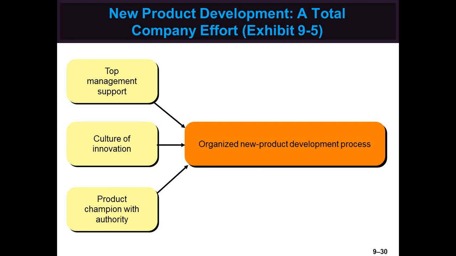Firms that foster a culture of innovation also develop a more effective new product development process. Someone must be in charge of new product development, and the person must have a clear line of authority to get things done across different departments. Cross-functional teams are an important element in new product success. Firms must coordinate research and development with production, finance, and marketing to assure products meet customer needs and come to the market in a timely manner.